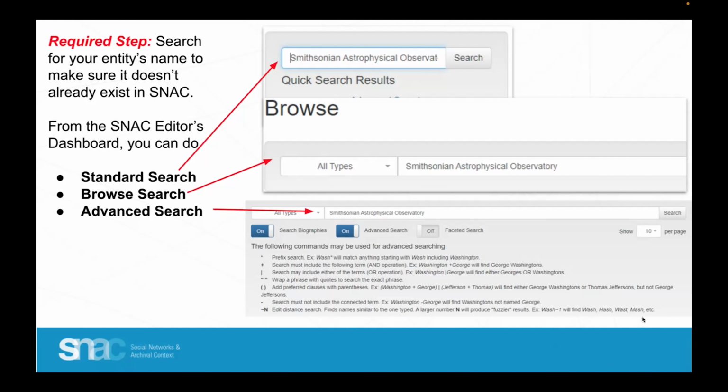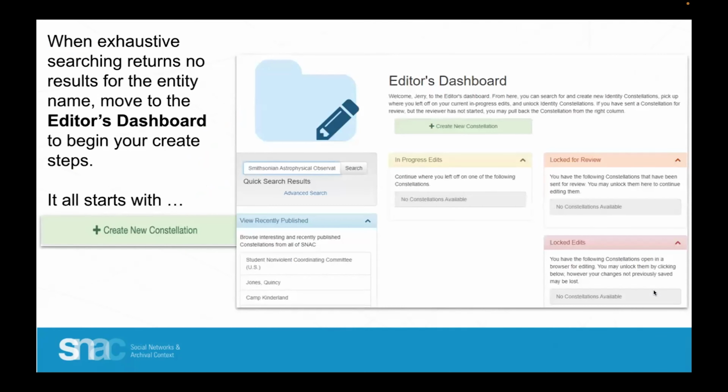When you've exhausted all searching options and still can't locate a SNAC record for your entity, it's time to start the create process. If you do find a matching entity or entities, there could be a couple, and we'll talk about that later on, then continue the steps for editing or perhaps merging existing SNAC records. Stay tuned for more about merge later in this module. When you've completed all of those searches, you'll be moving back to your editor's dashboard and going for the create new constellation. So as promised,